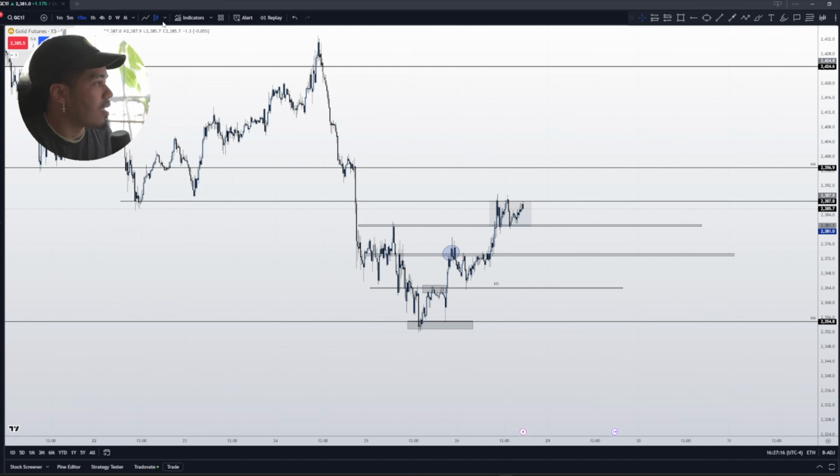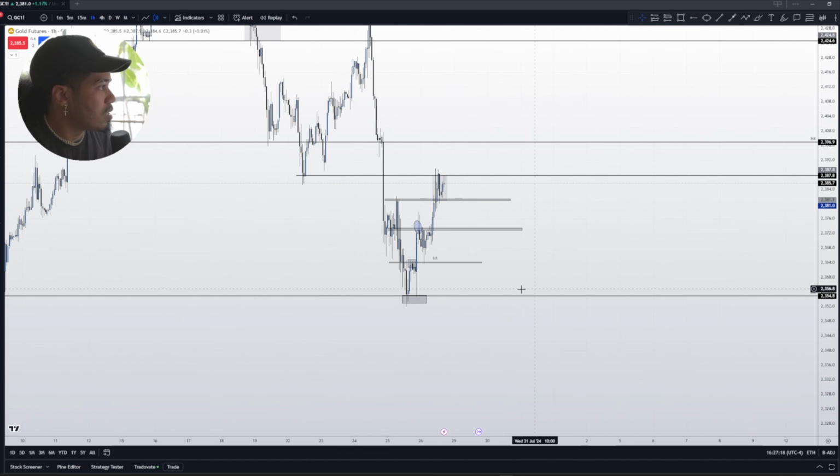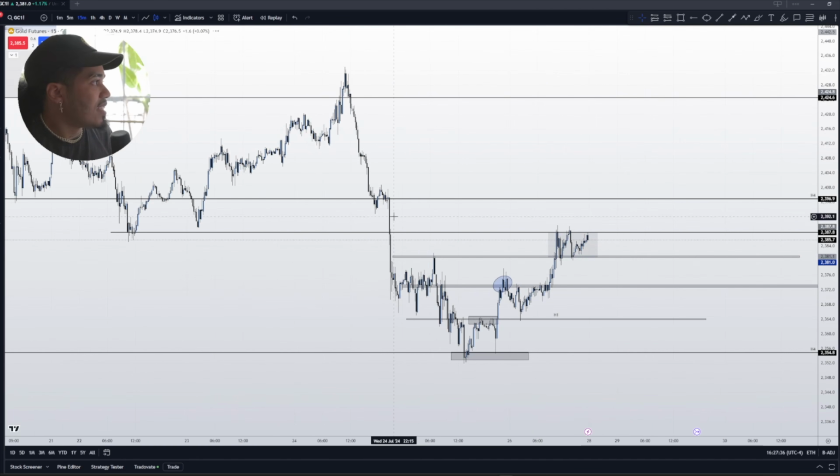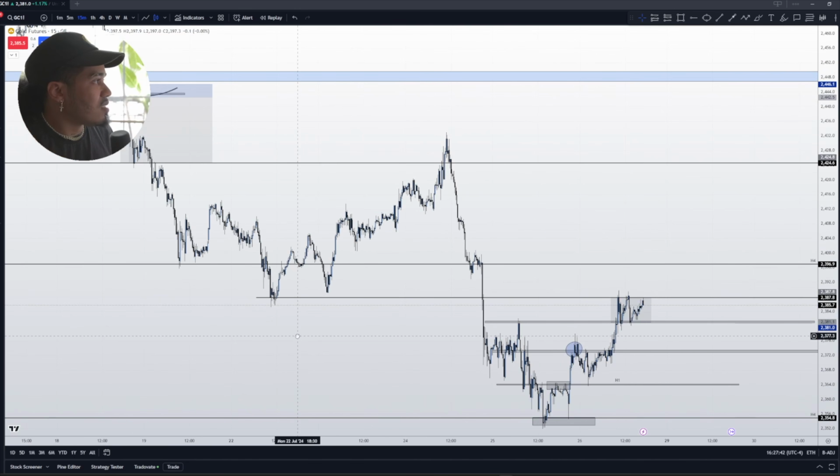I'm entering. Here, I kind of noticed another pattern when they created the left shoulder, the head, and then the right shoulder, the inverted head and shoulder pattern here. It's not really necessary to understand these things, but if you want to learn them, it's okay. When I first started, I wanted to learn a lot of things. So I did learn that, and then I saw how price was breaking these highs. So, guys, it's that simple.